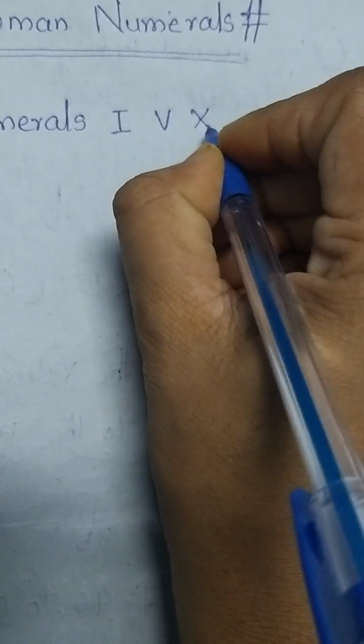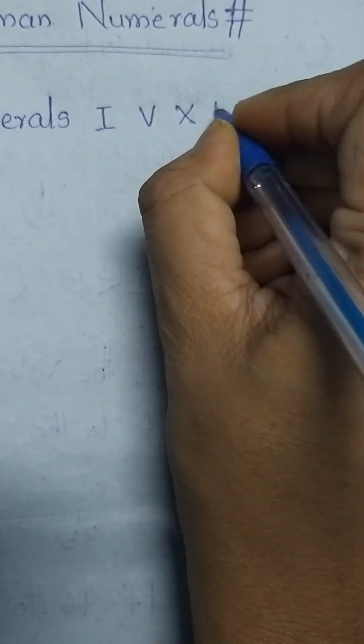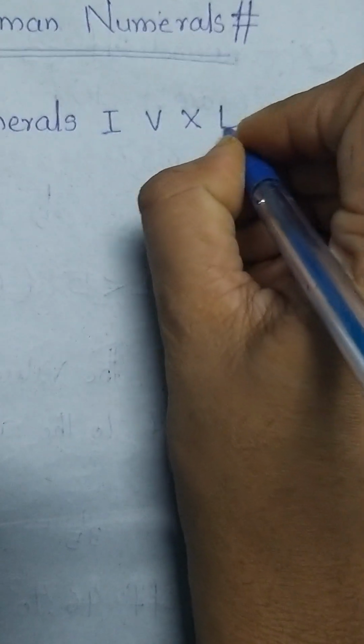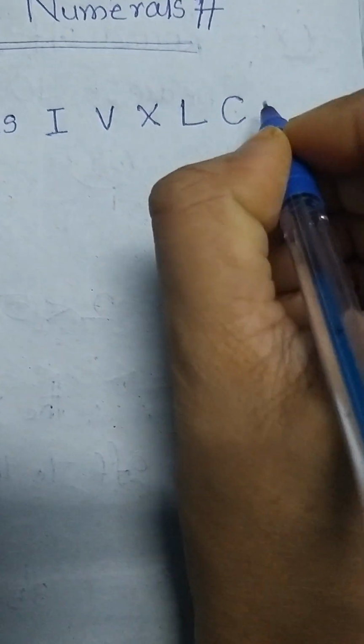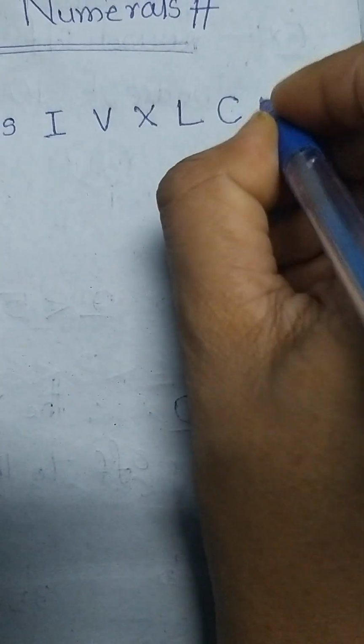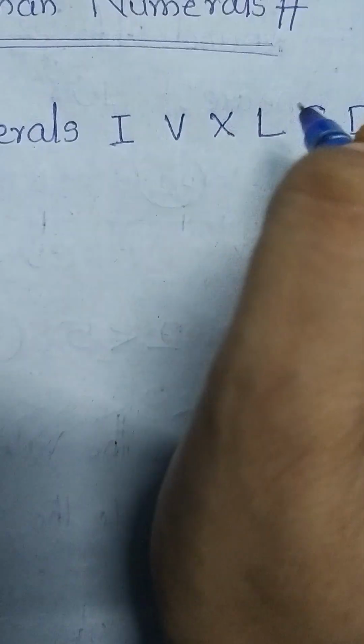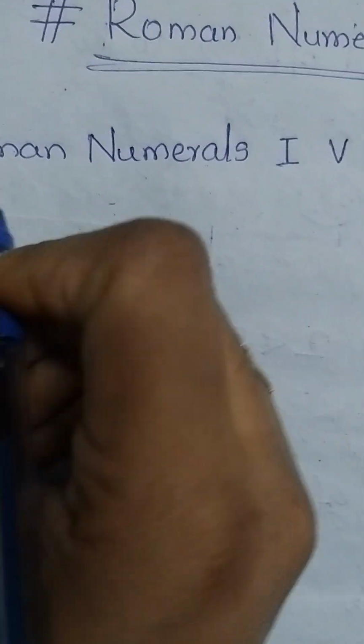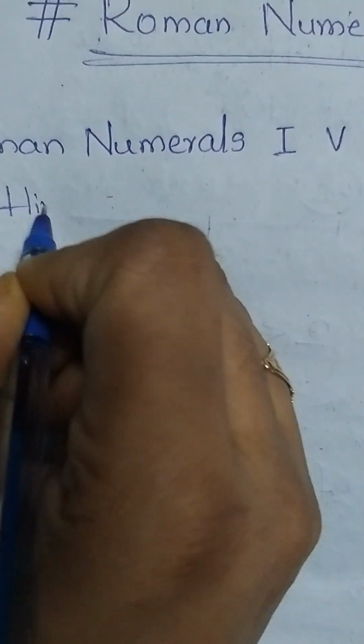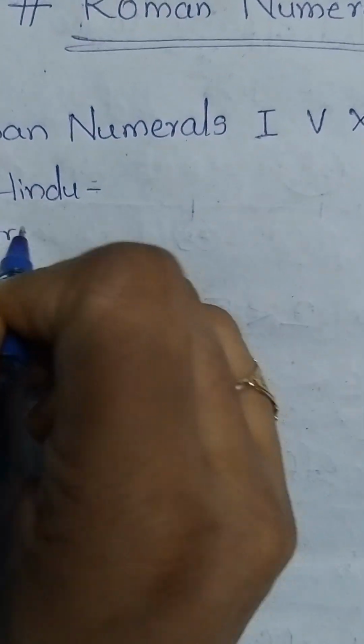We can actually use these symbols in daily life, but L we don't use in our routine life. C also we don't use, children. D is there. Especially we only use 1 2 3 4 5 up to 10 when writing the classes, which standard we are in. Okay children, in Indian numerals, meaning Hindu Arabic, we say Hindu Arabic numerals,